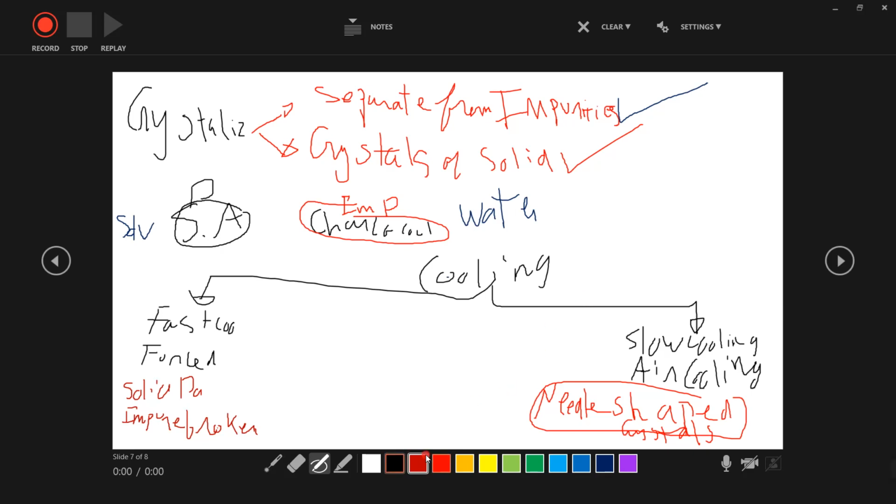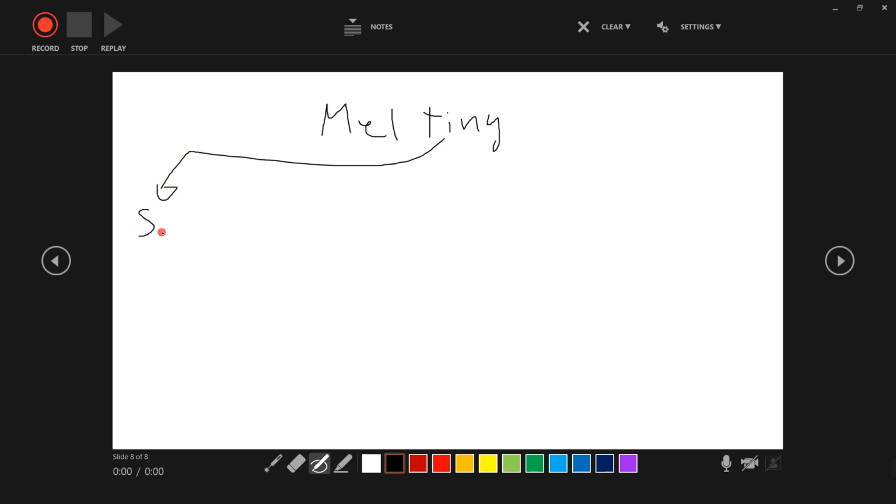we talked rapidly about something called melting point. Melting point, what is melting point? It is the temperature at which a solid will be converted into liquid. So again, melting point is the temperature at which a solid will be converted into liquid. It tells you when you have impurities. Again, we were talking about melting point. I told you melting point is the temperature at which a solid will be converted into what? Into liquid, the melting process. When I have the solid together with impurities,